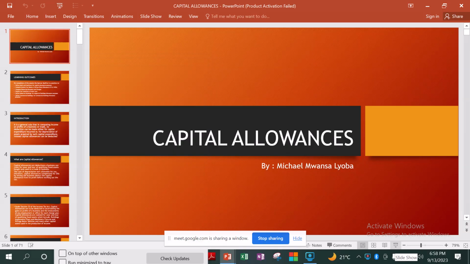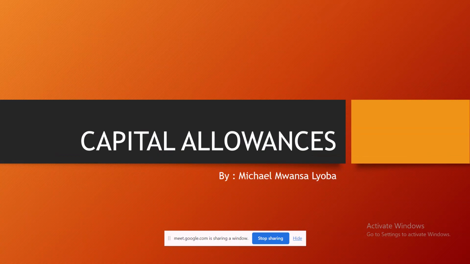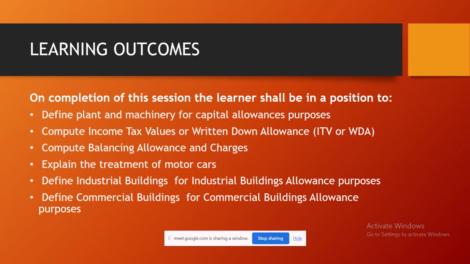So again, good evening. We are going to look at capital allowances, and to cover this particular topic in taxation, I have the following presentation outline. I want to introduce this presentation outline, saying that on completion of this particular session, you will be able to look at